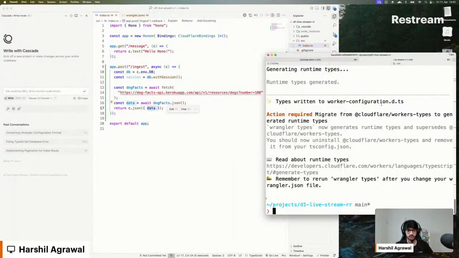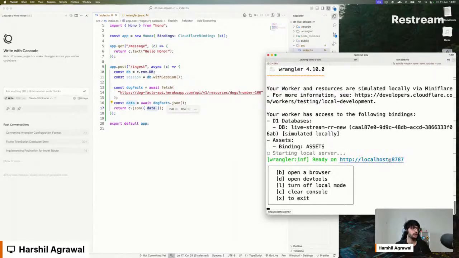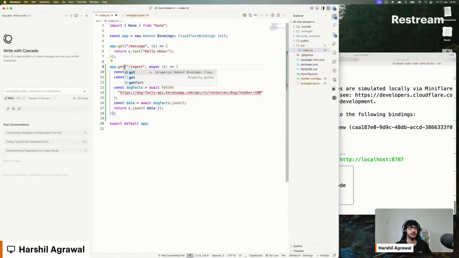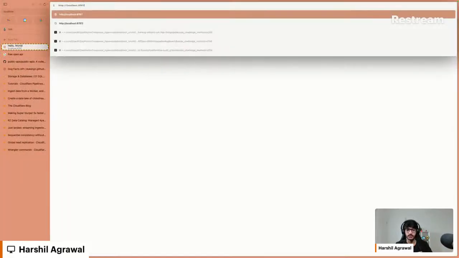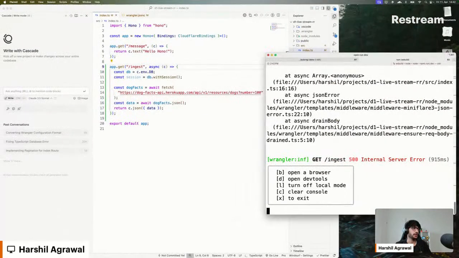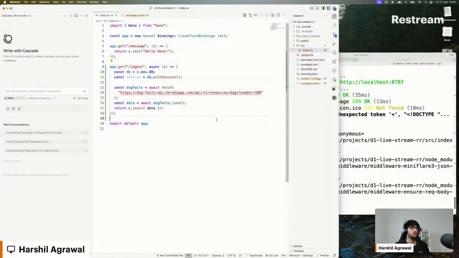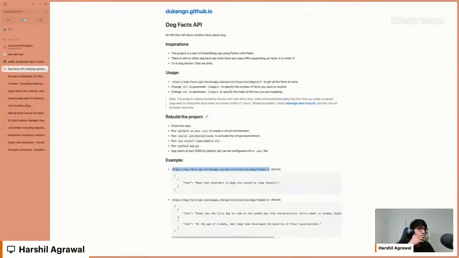We're going to run the application on local dev. Right, it's running. This is a GET. For now I'm just going to make it a GET request for testing purposes. And now if we come over here and do ingest, we get an internal server error. Okay. Ooh, so it did not give us the data. Or it returns something, but